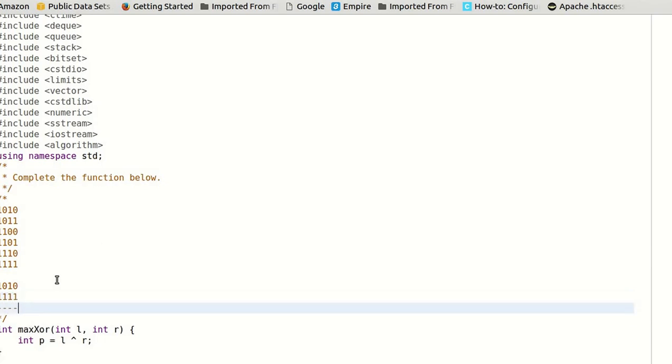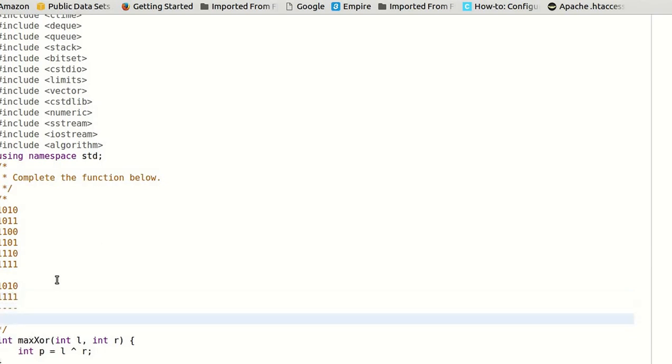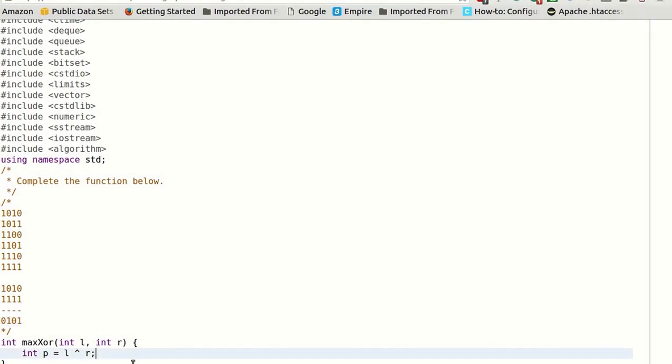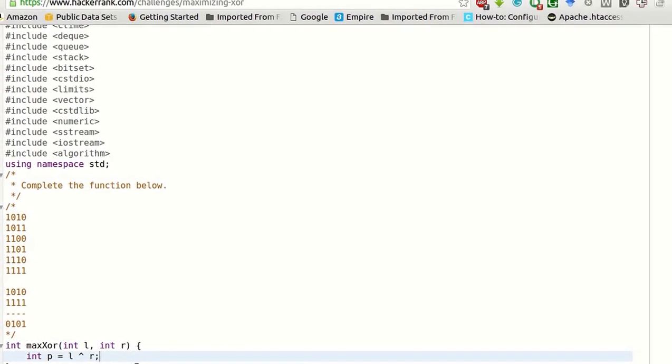The XOR will be 0101, so it is a 3-bit number. Only this is important. The maximum value of a 3-bit number is 7, that is all ones. So we have to output that number.